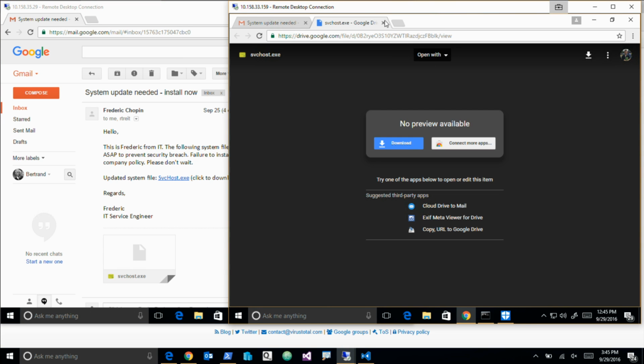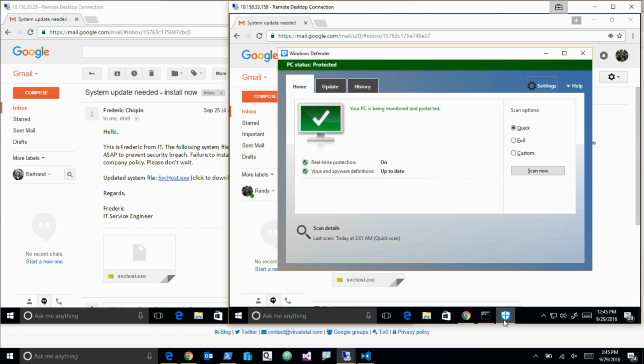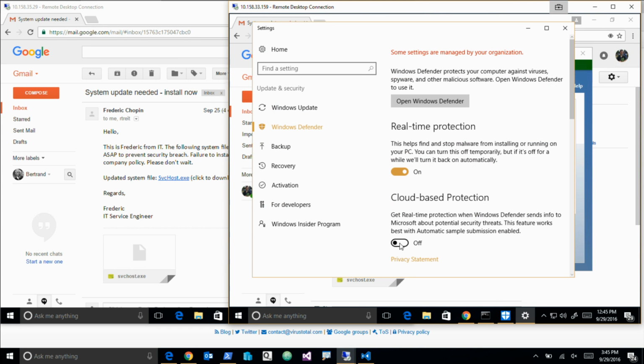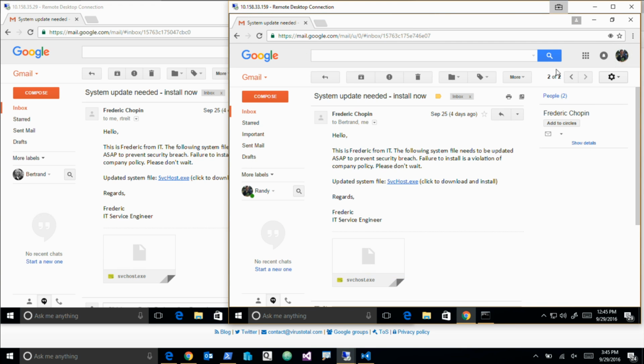And before I forget, while I'm thinking about it, I'm going to go and protect this machine, turn cloud protection back on. And now this guy is protected through cloud protection as well. So